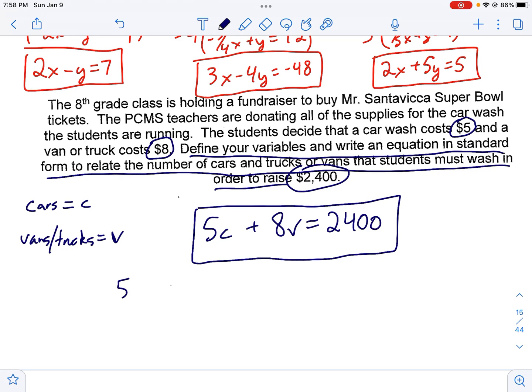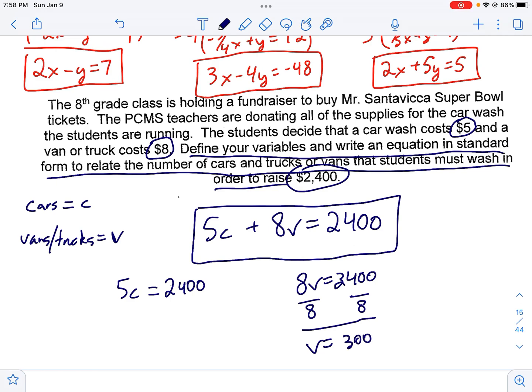Another nifty thing about this is that we can use the equation to find the intercepts. So 5C equals 2,400 and 8V equals 2,400. These end up being the extreme values. So like, let's say we only had vans show up. Well, if we only had vans show up, we'd need 300 vans in order to get to our goal. Over here, if we divide by 5,